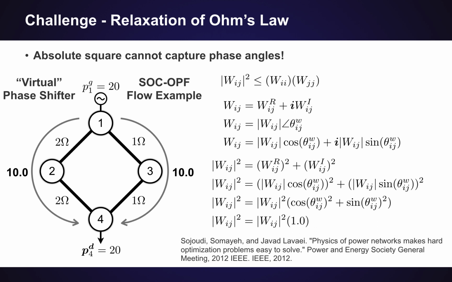And this was described as virtual phase shifters in this paper, which is a very interesting paper I would recommend checking out. Basically, what they were showing is that if you had a sufficient number of phase shifters in your network, you could set them to correct for this Ohm's law relaxation, and then the second order cone relaxation would be a very accurate representation of how you could operate your network. But it's important to note it does require very many phase shifting transformers, so that would be like one